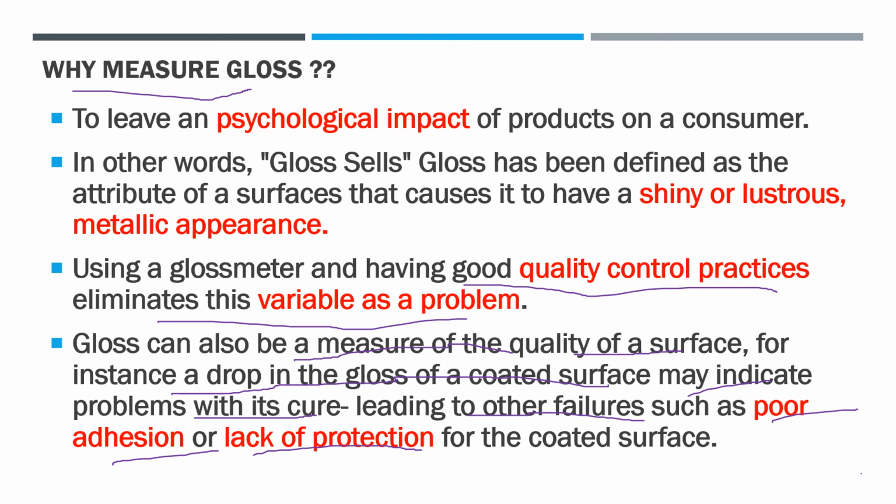So gloss is a very important parameter to know about the quality of paint and the quality of the product as well. And it leaves a psychological perception on the consumer's mind. Really the consumer is attracted towards your product because of the gloss. And you know that in a home or in different areas we need different gloss, like in the kitchen we use high gloss paints, so it really gives an aesthetic look as well. And that place looks very nice. So that depends on the gloss.